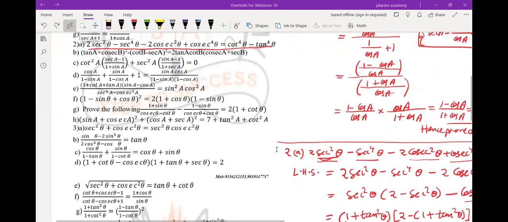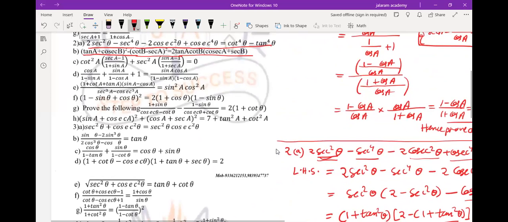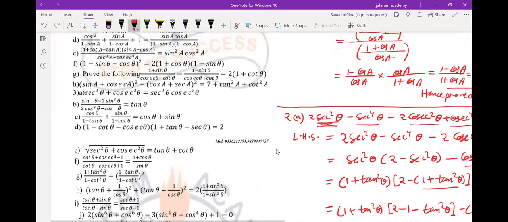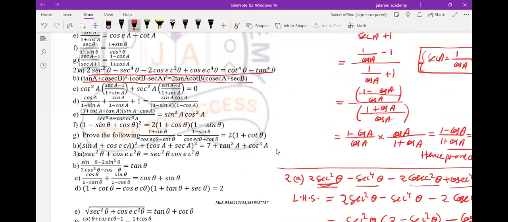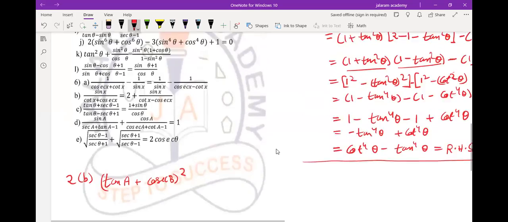After 2A, students have doubts in question number 2B also. When you have solved it, it is slightly confusing, but it's very easy. So first we will write question number 2B. It is (tan A plus cosec B) whole square,